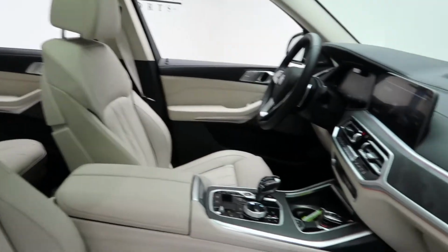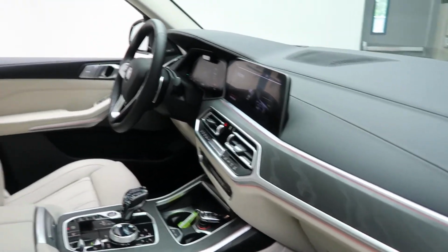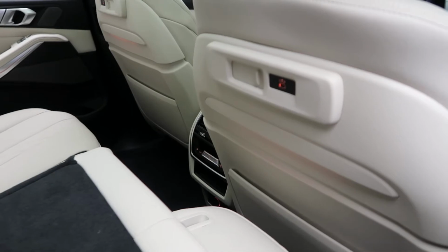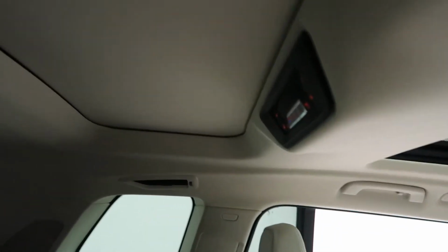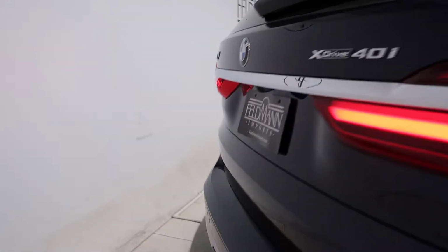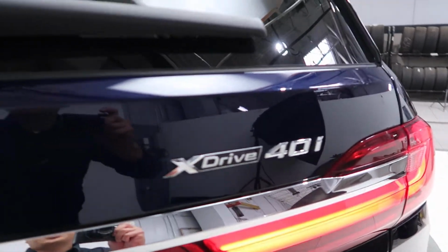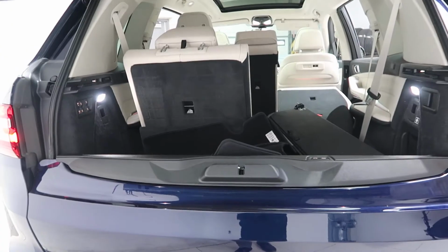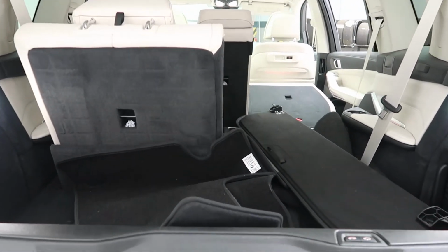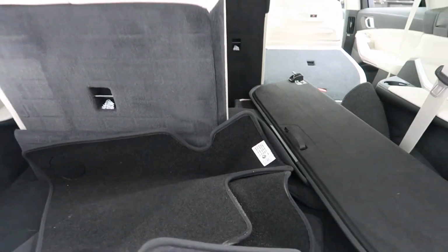gray leather interior with a light gray wood trim, panorama sunroof, rear USB ports, rear climate controls, third row climate controls, around back, trailer hitch, X7 xDrive40i badging, power liftgate, fold down third row seats, cargo cover, clean set of floor mats,